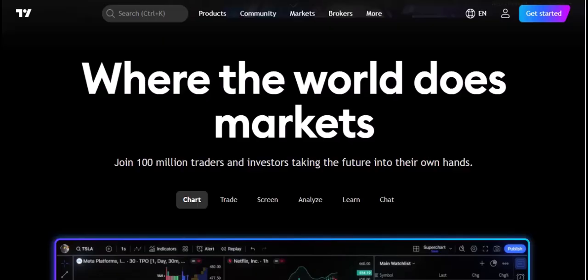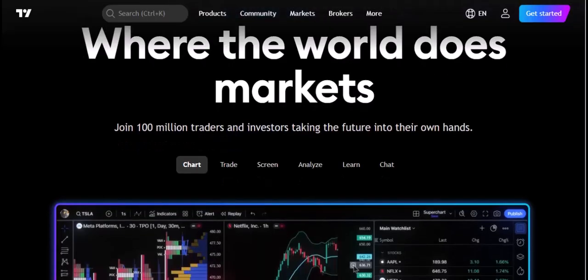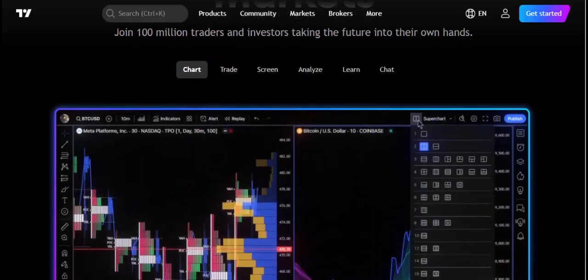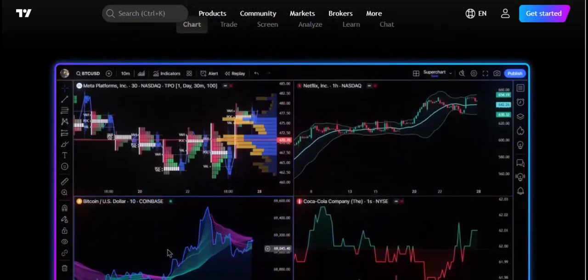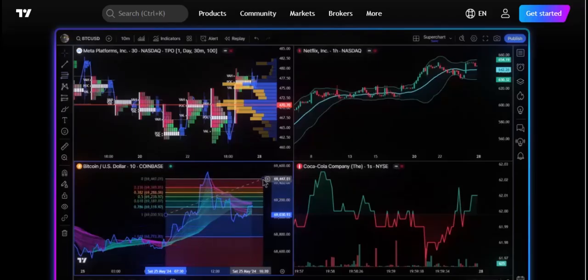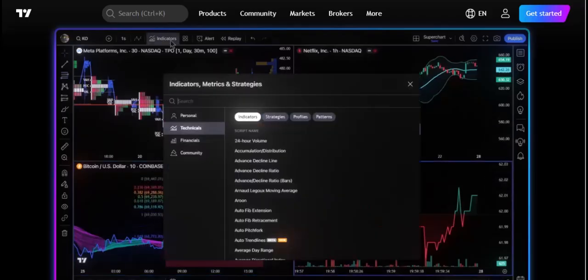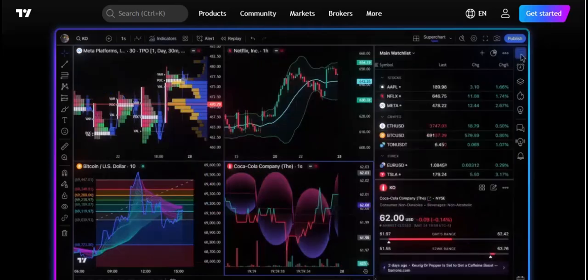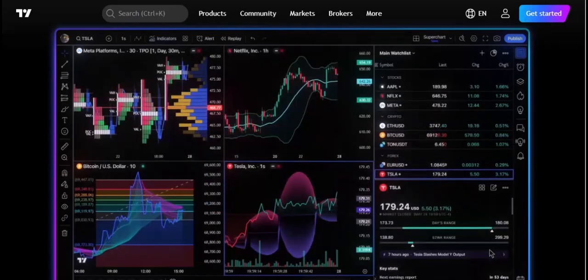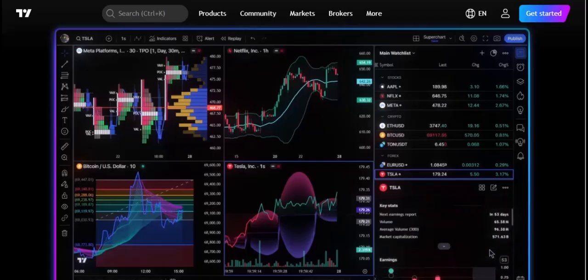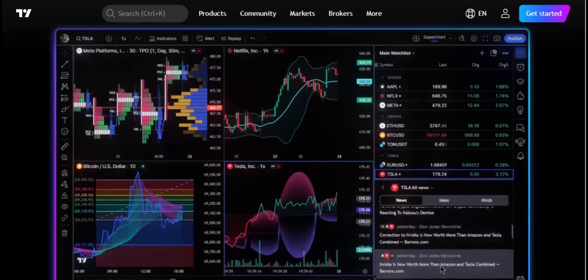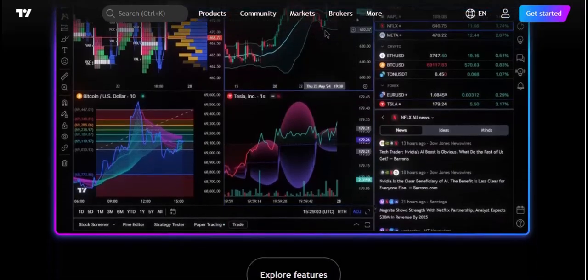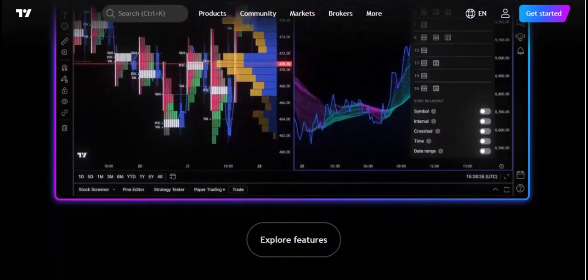The support and resistance lines are clearly defined to provide quick visual references for critical price levels, ensuring traders make informed decisions. The color scheme is optimized for clarity, minimizing strain during long trading sessions. Candlestick patterns are highlighted with subtle yet effective markers, making it easy to identify setups like pin bars, engulfing patterns, and dojis. Alerts are configured to notify traders of significant market movements, ensuring no opportunity is missed even when away